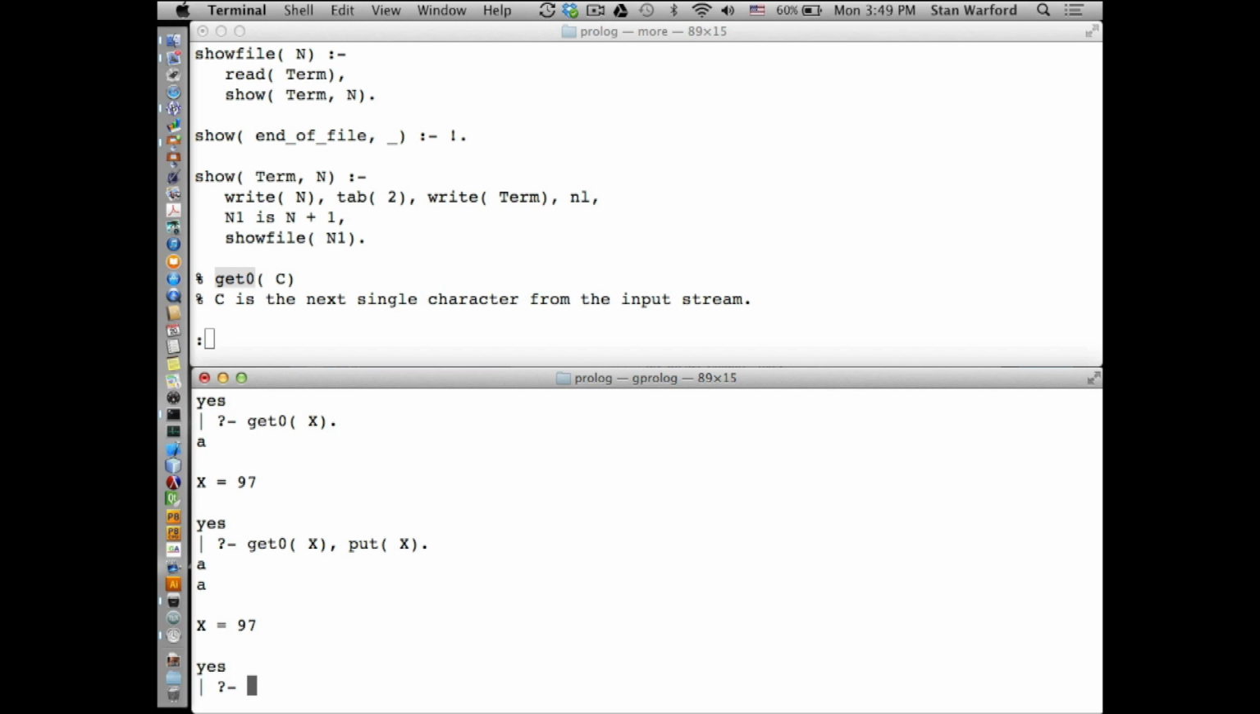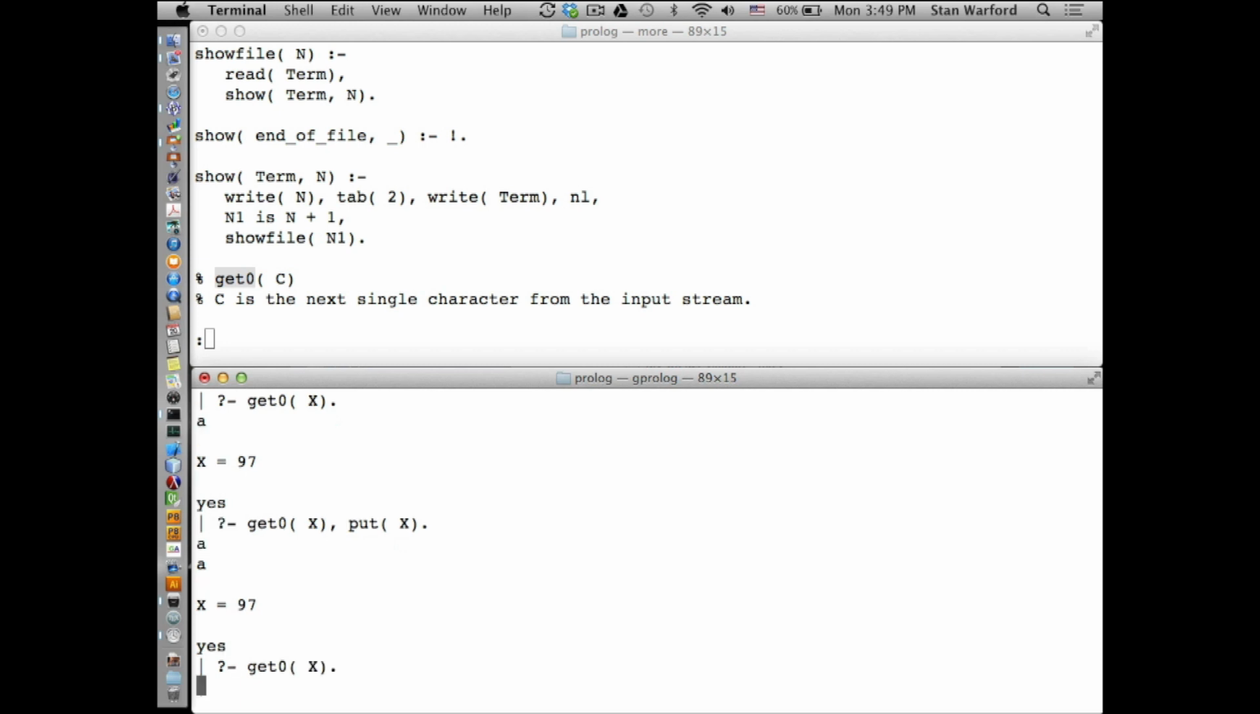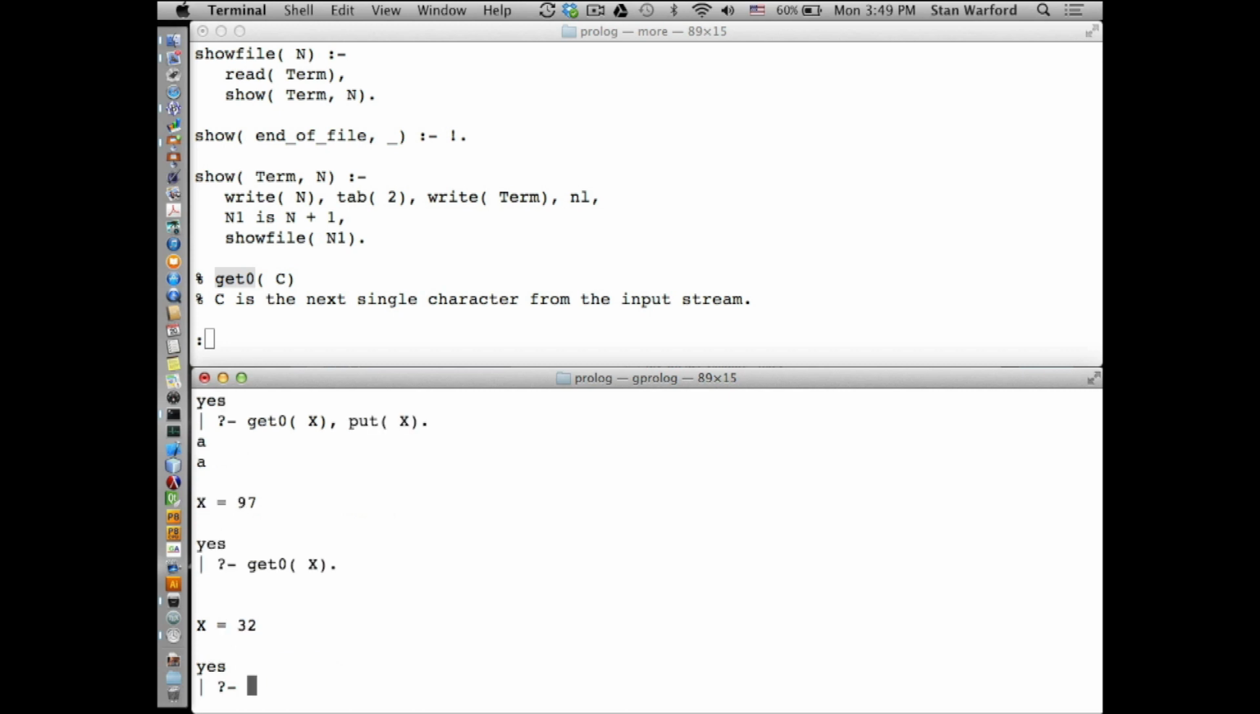All right. So now, but now here's the thing: space is a character, right? So if we say get 0, and then X. And here, it's waiting for us to type something. If I type space and then return, notice that 32 is the space character. Are you with me? Okay, so